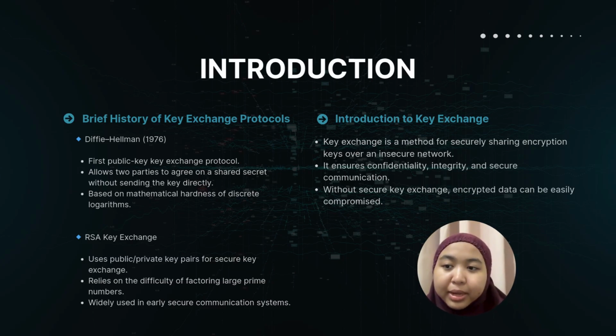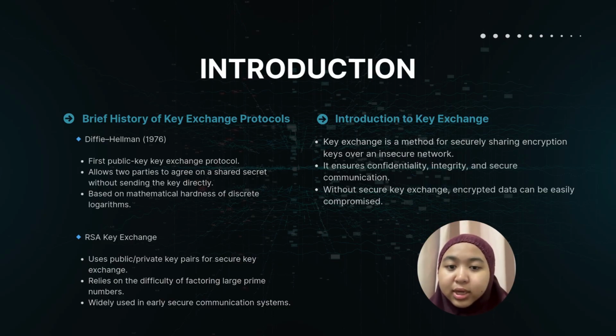The Diffie-Hellman key exchange, introduced in 1976, was the first public key protocol that allowed two users to establish a shared secret without directly transmitting the key. It is based on the mathematical difficulty of solving discrete logarithm problems, which makes it computationally hard for an attacker to